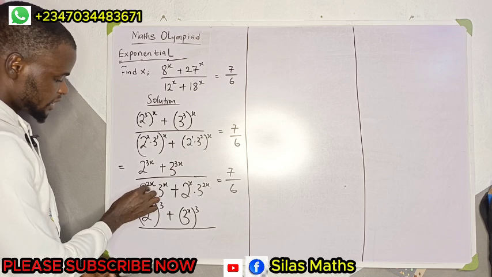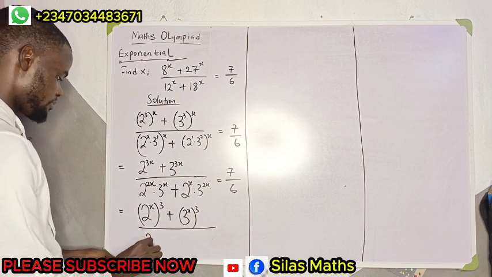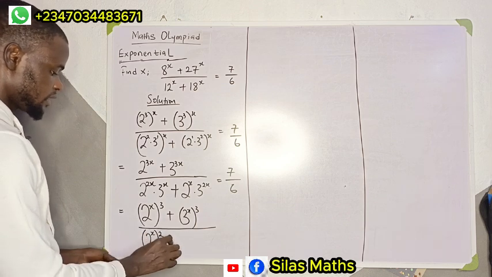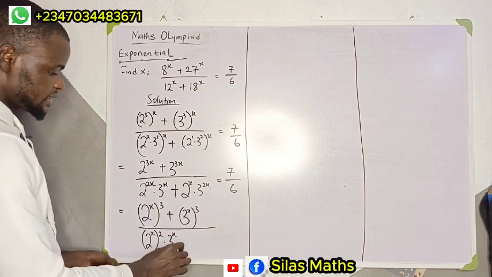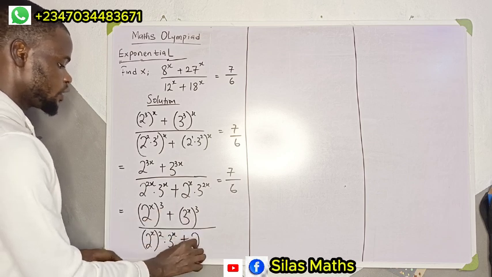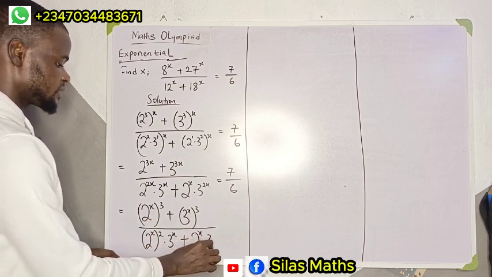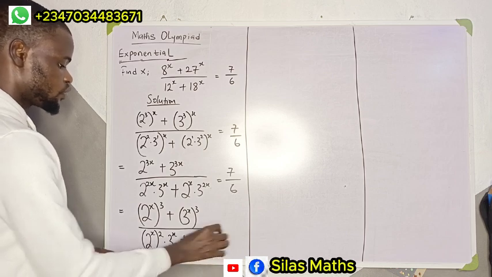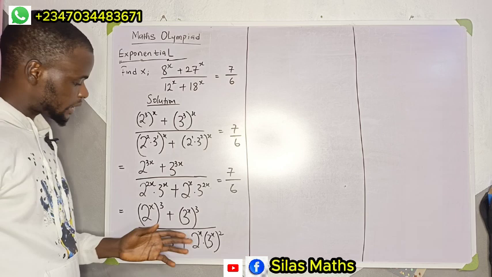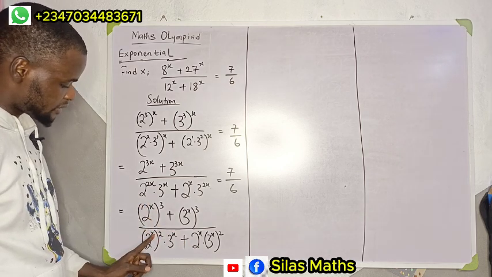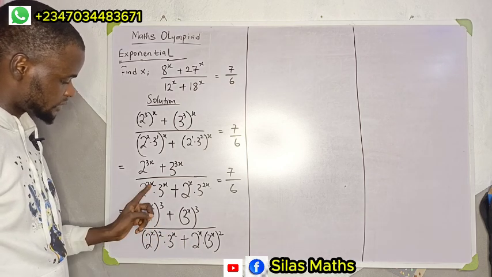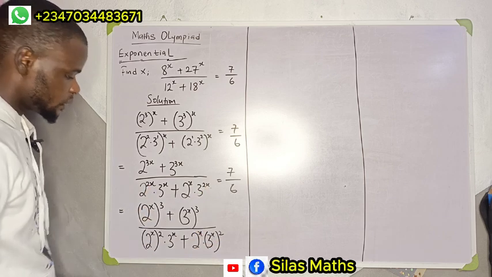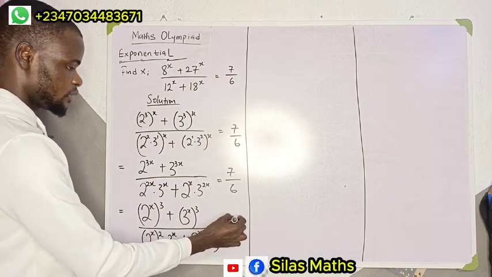Now for this expression here, I can say that this is 2 to the power of x, all to the power of 2, times 3 to the power of x. Then for this expression here, I'm going to have 2 to the power of x times 3 to the power of x, all to the power of 2. That is, I'm applying the product power law by factoring out. This times this is going to give us this, right? Yes. While 2 times this one also will give us this. So we've not made any changes to the problem,